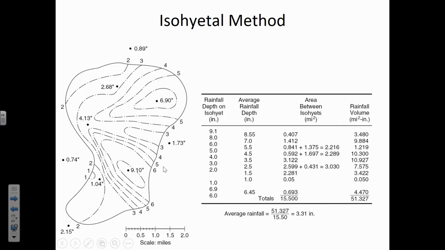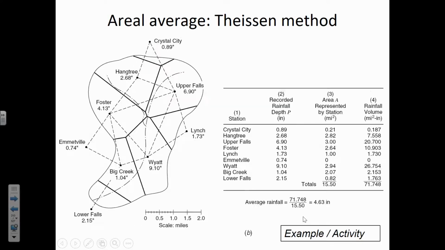I guess 9 is so isolated that maybe they're not drawing all of the contour lines for it. But what you would do is once you have a contour, you'd measure the area between the 5 and the 6. And so you'd have a depth, you'd assign it to the area between the contour lines. So the average between the 8 and the 6 is 7, and here's the overall area that had that band of precipitation amount. And now the average, when you do it this approach, is back down to 3.31,